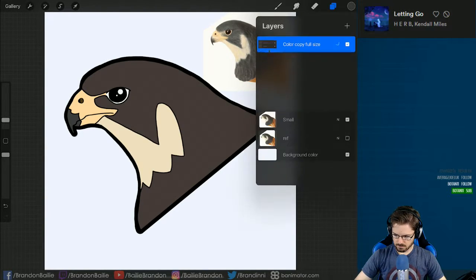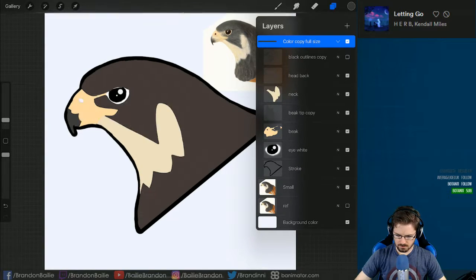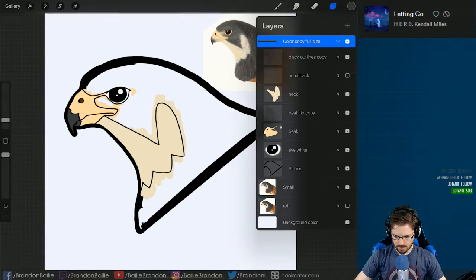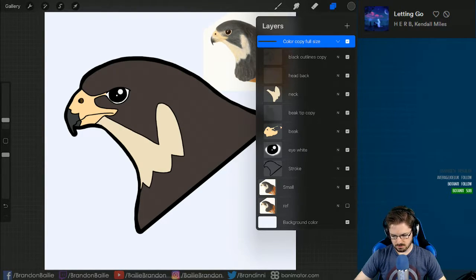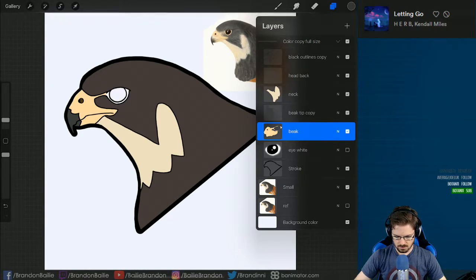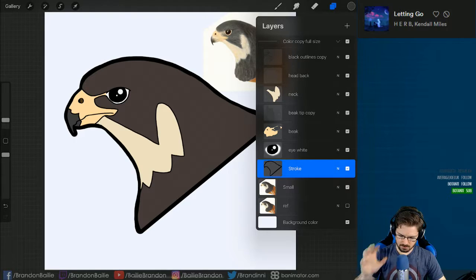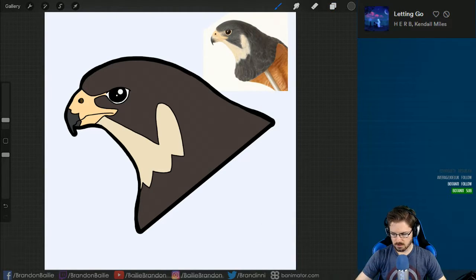Just in case you wanted to see my different layers, I have the outlines on for inside of the blade. We're going to have the colors for the back, the neck, the beak tip, the beak itself, the eyes with the white in the background, and the stroke for the overall graphical look. And so the notes that we have right now are